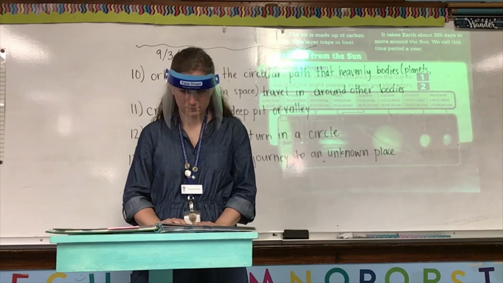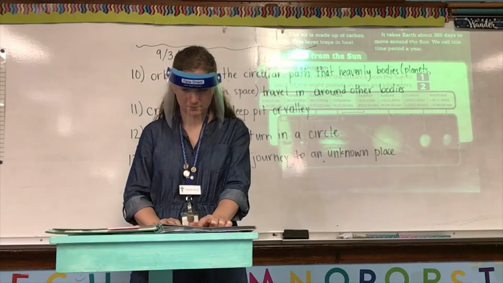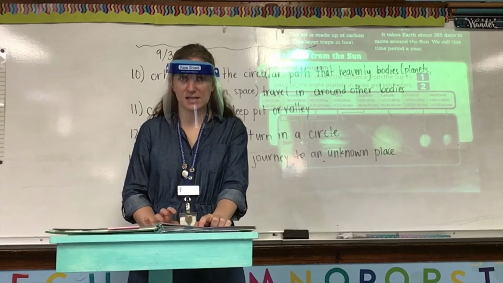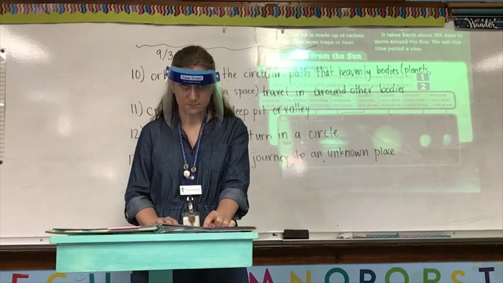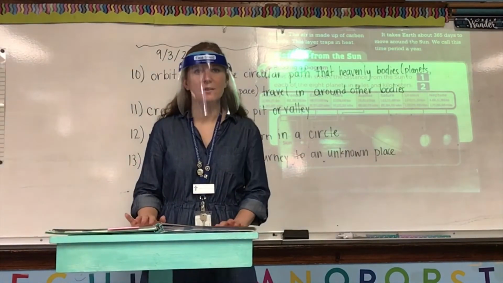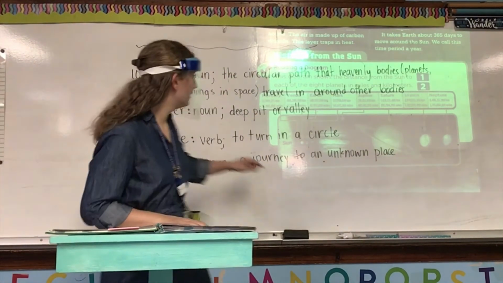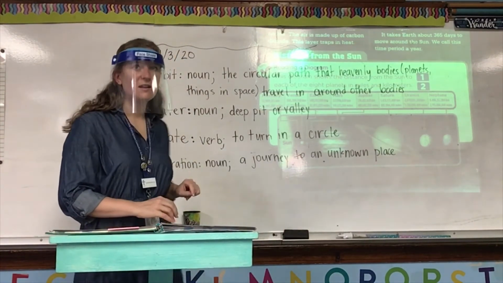Mars, the planet next farthest from the sun, is often called the red. The red rocks, soil, and sky are... Don't, you just added a word. It doesn't say the red rocks, it just says, The rocks, soil, and sky are red in color. Before space... cover up A-T-I-O-N. What word does that kind of look like? Explore. We'll now add a shun to the end. Exploration. There you go.